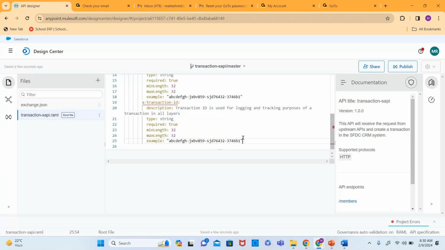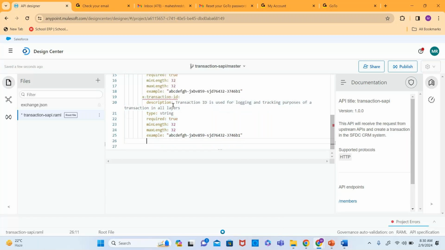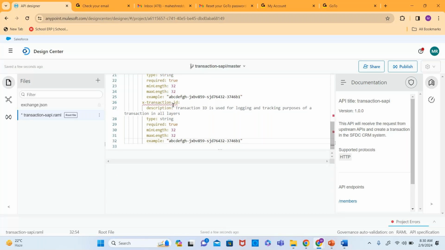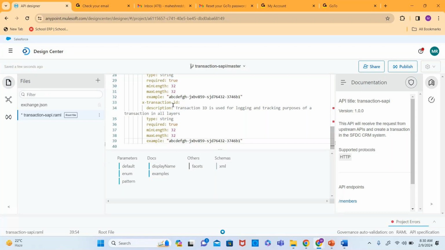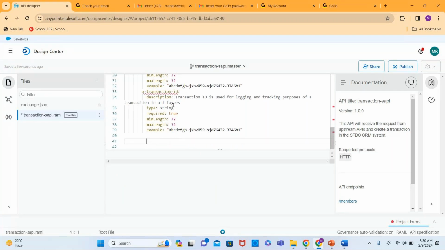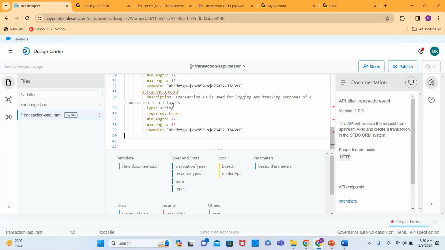Why am I getting an error? It will not accept the same duplicates. That is the reason we are getting it here. Now I'll go back. 2, right? 3, right? 4,